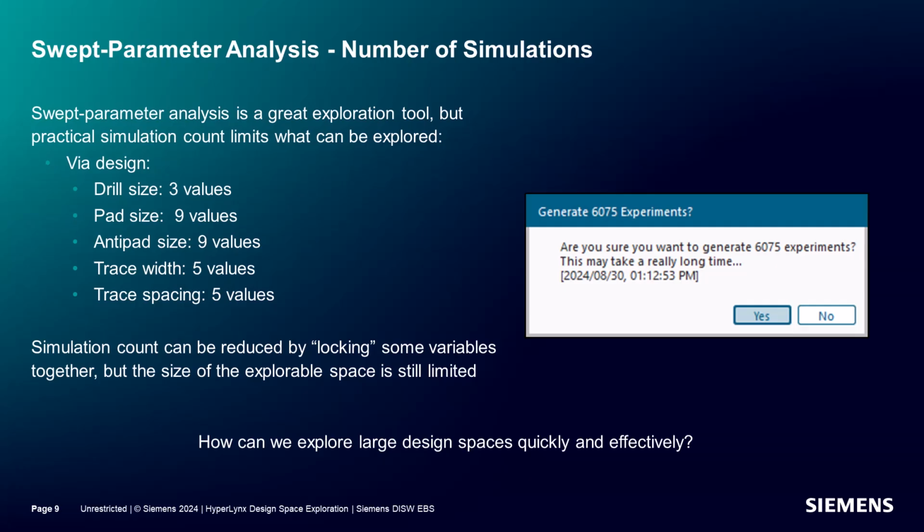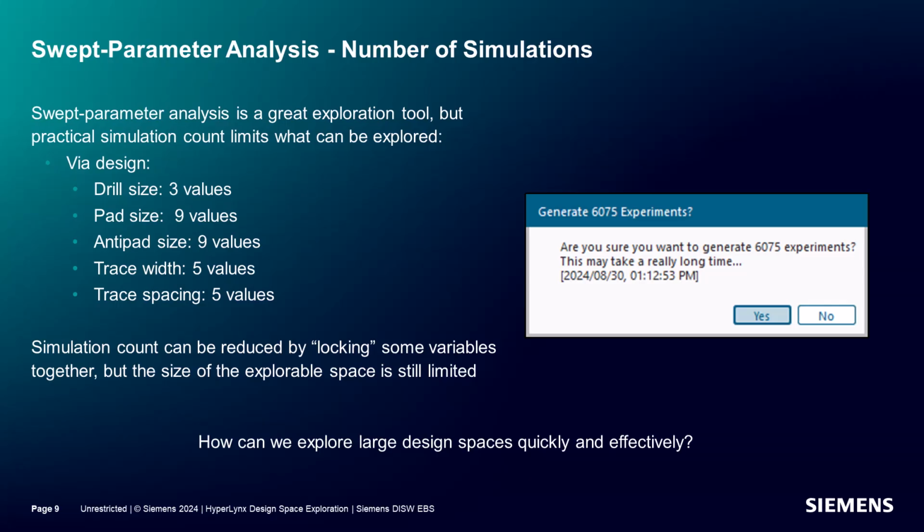Now, what happens if you have many variables to optimize simultaneously? What if we're looking to run 6,000 plus experiments by varying 5 parameters and want to know how they influence electrical behavior of a structure? We simply can't run that many simulations, and there's no 6D plot that can plot 5 independent variables and 1 dependent variable that's going to help us understand the relationship between design variables and electrical behavior.